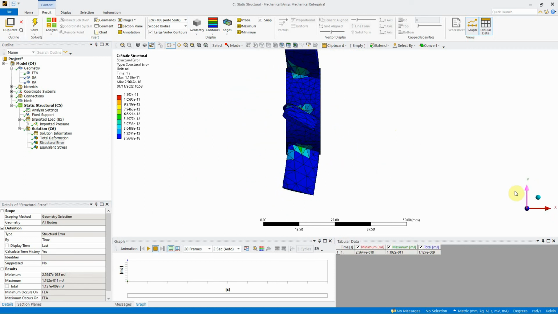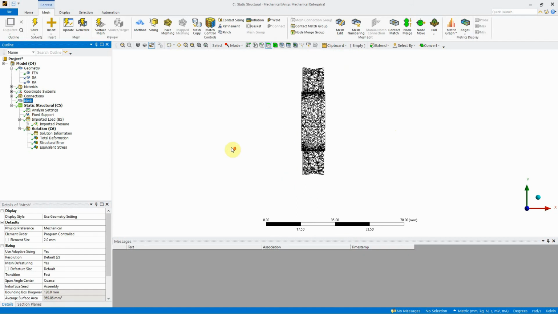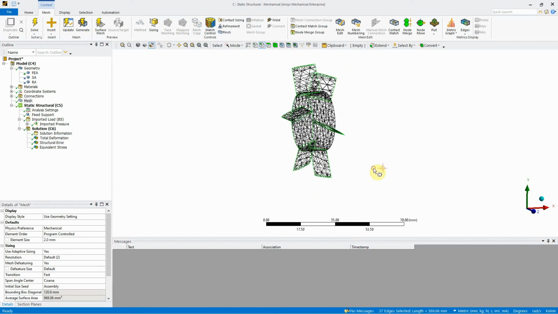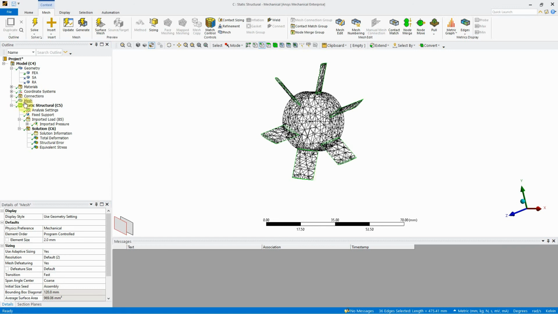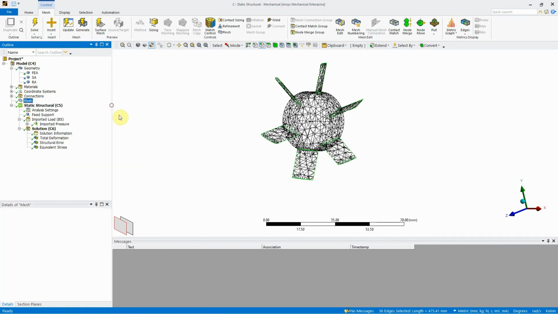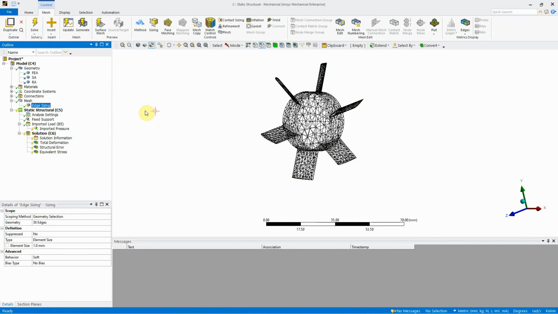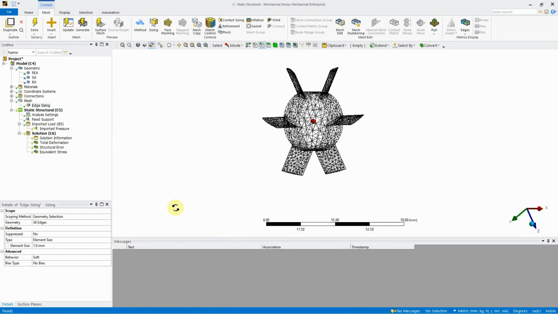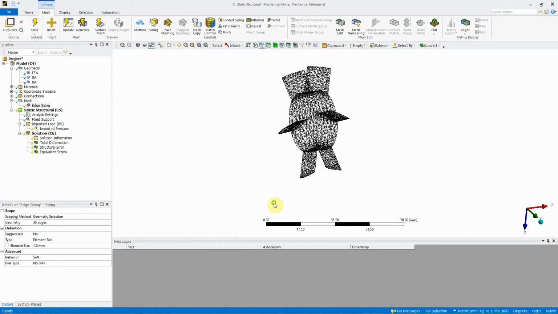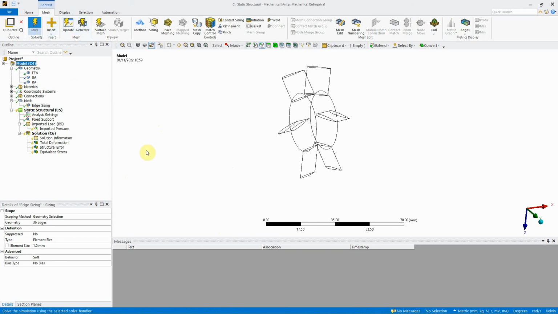So again, using a very similar approach to before, if you use the edge tool and then select your edge, as you can see here, selected this hub, you turn that one off, and we can say, okay, well look, we want some nicer, more fine sizing edge on here, so 1 mil, or you can go even a lot smaller, generate mesh. And as you can see, it's created a lot nicer mesh elements for those. And again, if you just press solve,